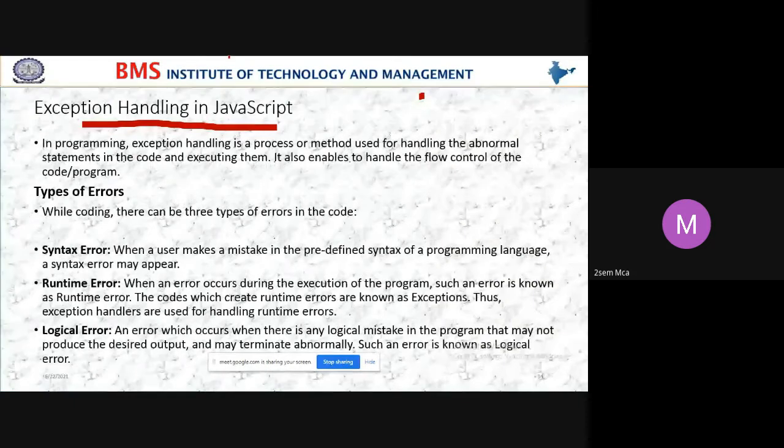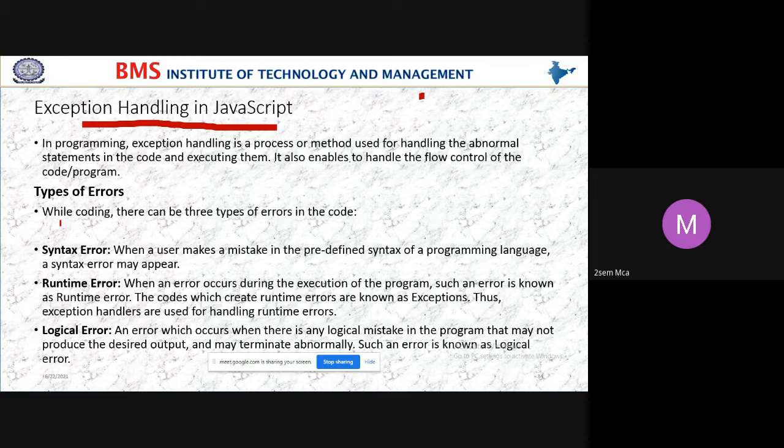Right? There are some types of errors. While coding, when we become experts, we may execute an error-free program, but when we are learning, many times we make so many mistakes. We make syntax errors, logical errors, runtime errors.